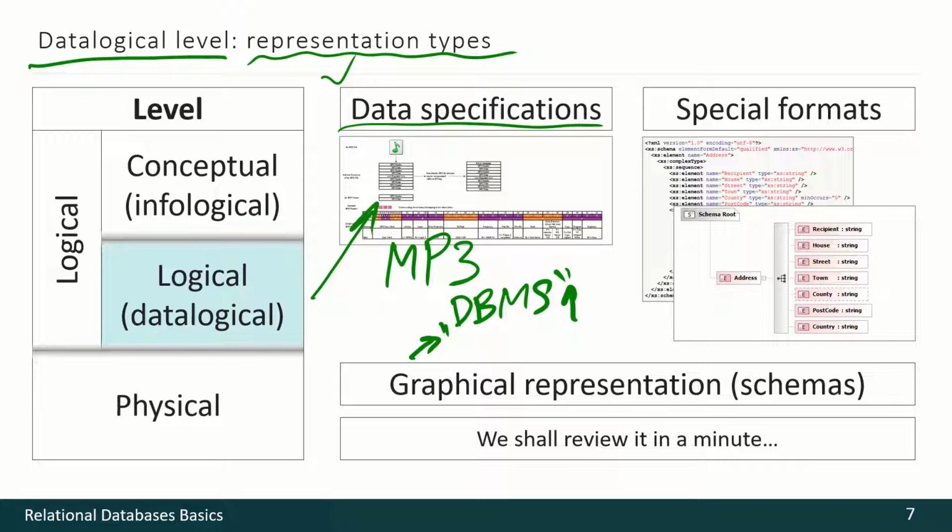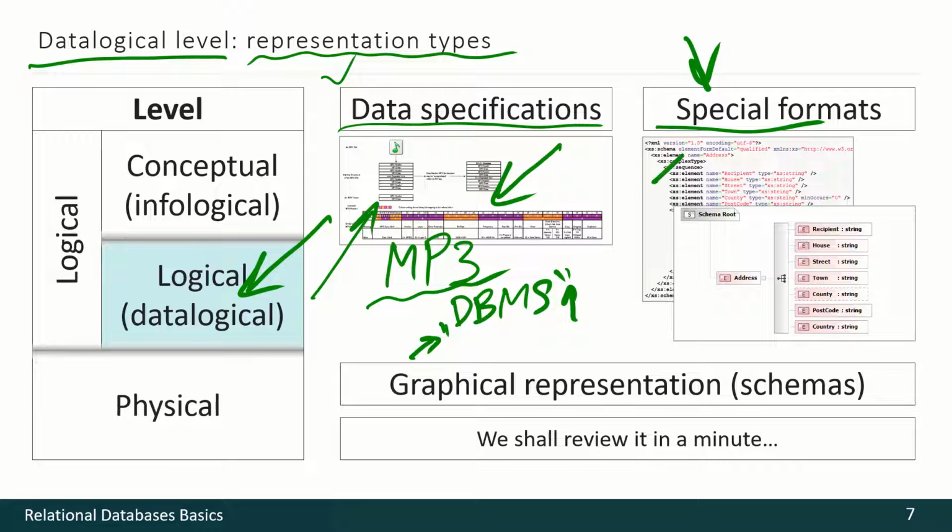Such a DBMS operates a database consisting of MP3 files, and the inner structure describes the MP3 file, and that is how we may describe something on datalogical level.